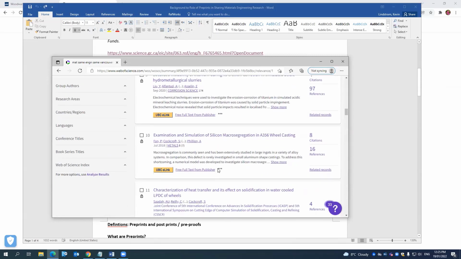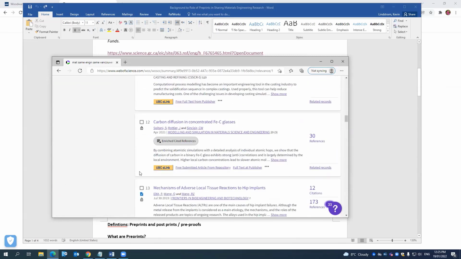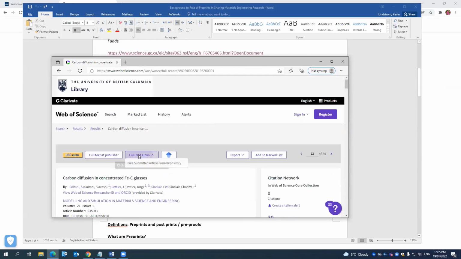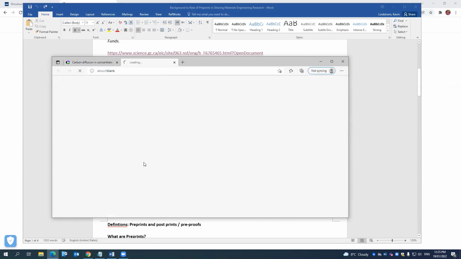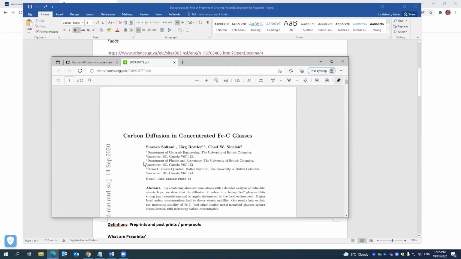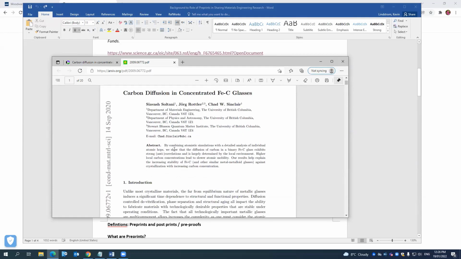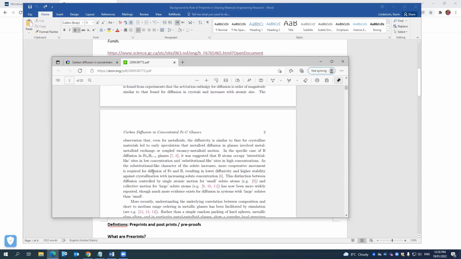I'm sorry about this, but it was an example where some of the articles were available. Which repository is this? So here's an example of an article that's been uploaded onto Arxiv. So there's Chad Sinclair. You'll see the materials information, affiliation, the co-authors, and you'll see that this article has been